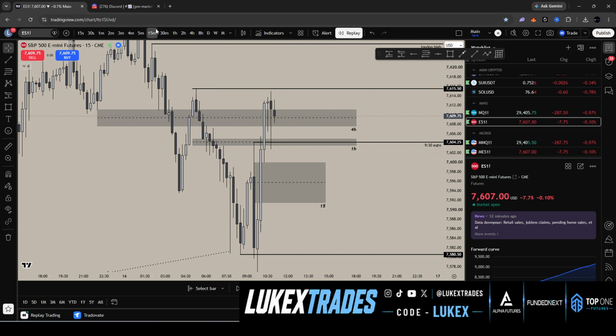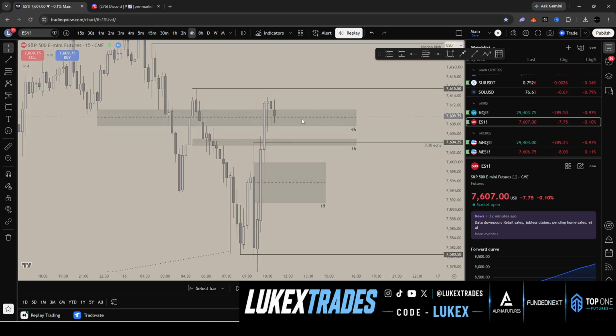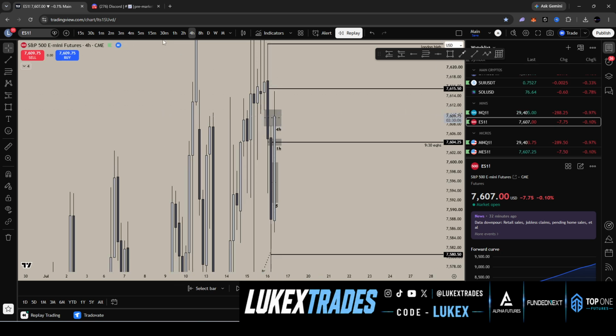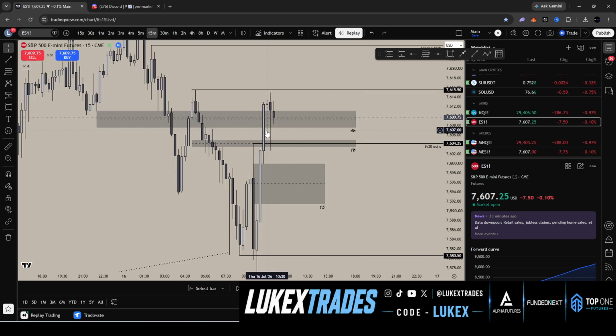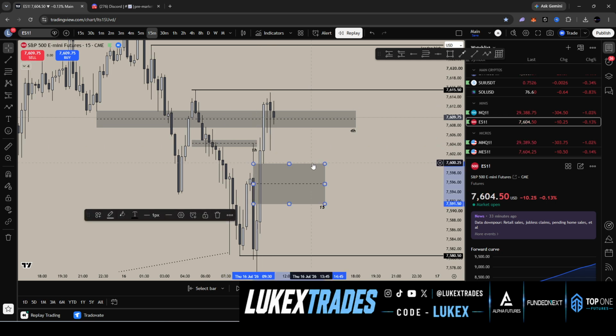So at this point, ES is respecting a 4-hour bearish gap as well. You can see ES is in a 4-hour bearish gap. It has a lower 15-minute gap. So personally, if I was going to look to long this, I would want to see ES pull back into this gap and then look for that distribution higher. I was not confident to want to take longs when I see that ES is all the way up in premium. So technically, it is respecting a 15-minute gap at this point, but again, it's reacting off a 4-hour bearish gap, and it's all the way in premium.